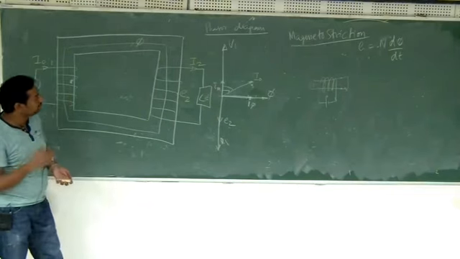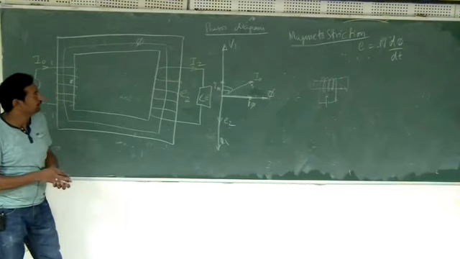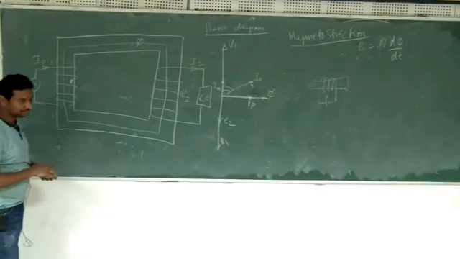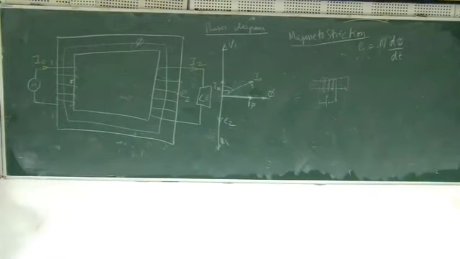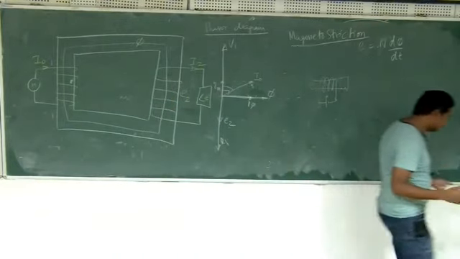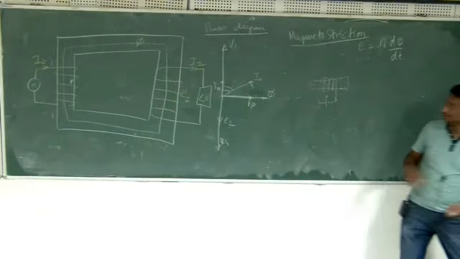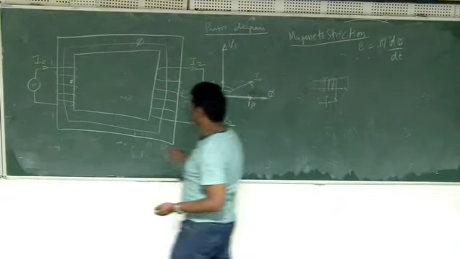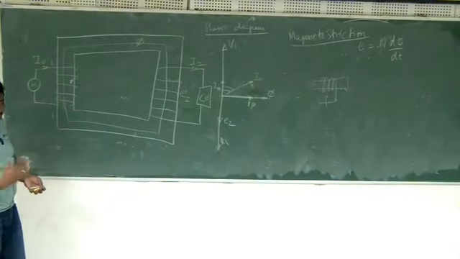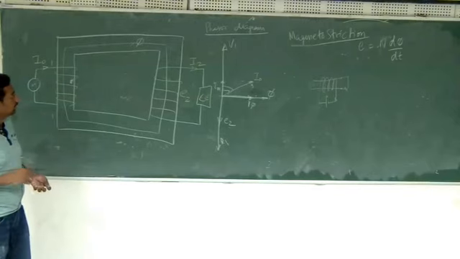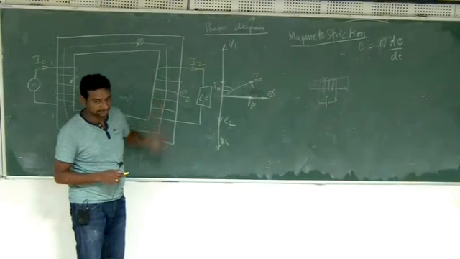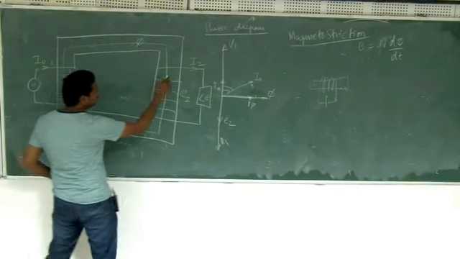What is the direction of that flux? Will it be in the same direction of this or in the opposite direction? It will be actually in the opposite direction. I have not drawn the diagram properly, but you will understand immediately why it is opposite direction once we continue the discussion. Because of this current I2, the flux will be opposite direction. Okay, so I will draw that like this.